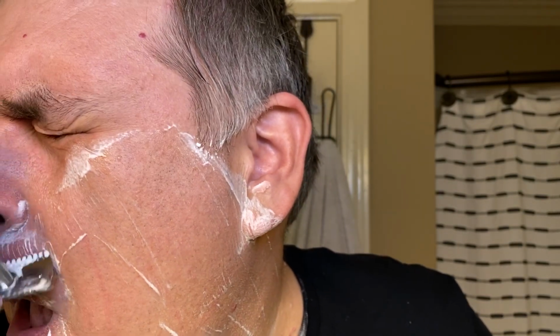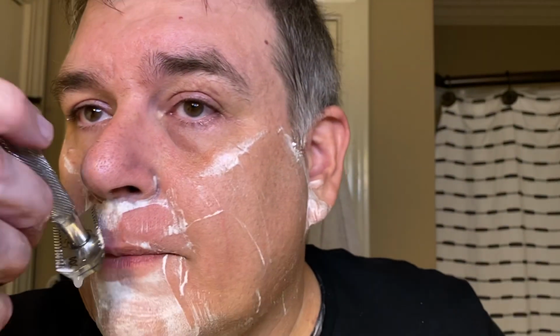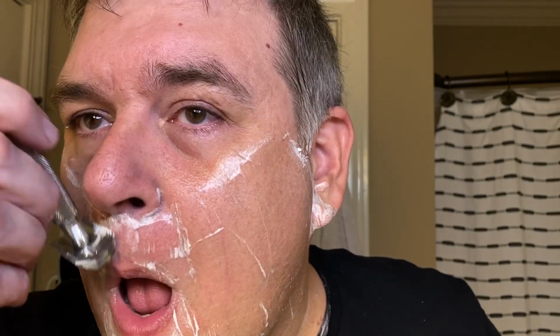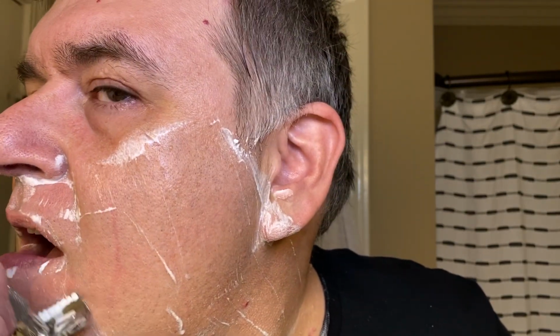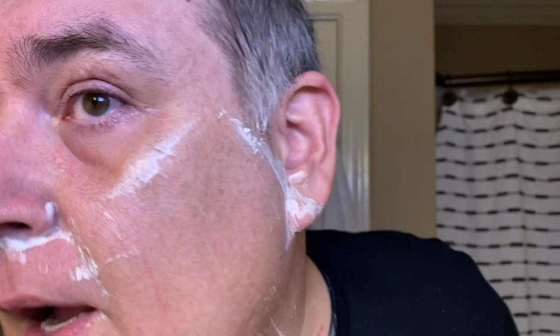I also at some point will be posting a video on the copper version of this razor. As you know, that's been my favorite razor for quite some time. But I started having issues with the plating on it. The electro copper plating. And I won't go into detail now, but I will say that I reached out to Phoenix Artisan Accoutrements